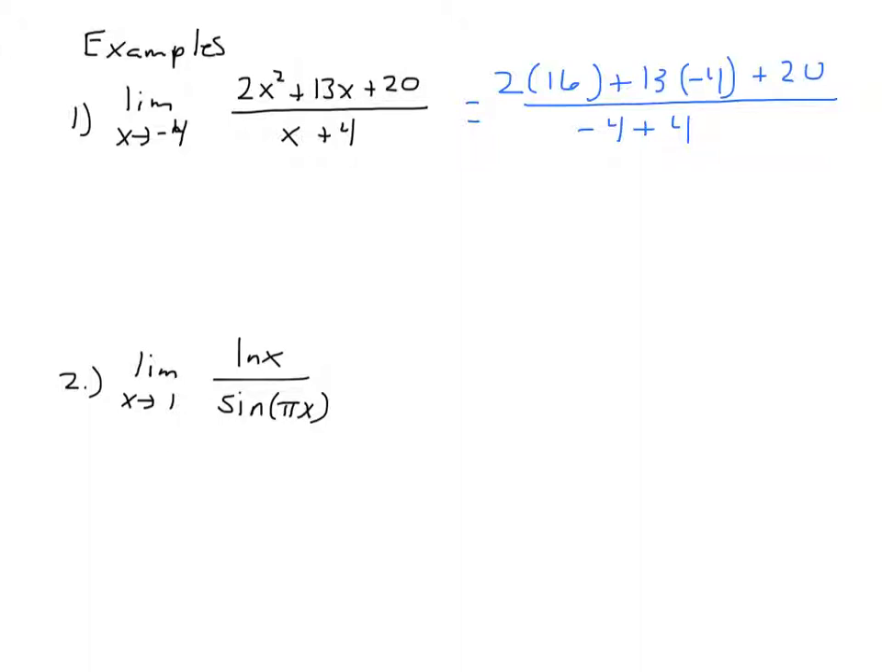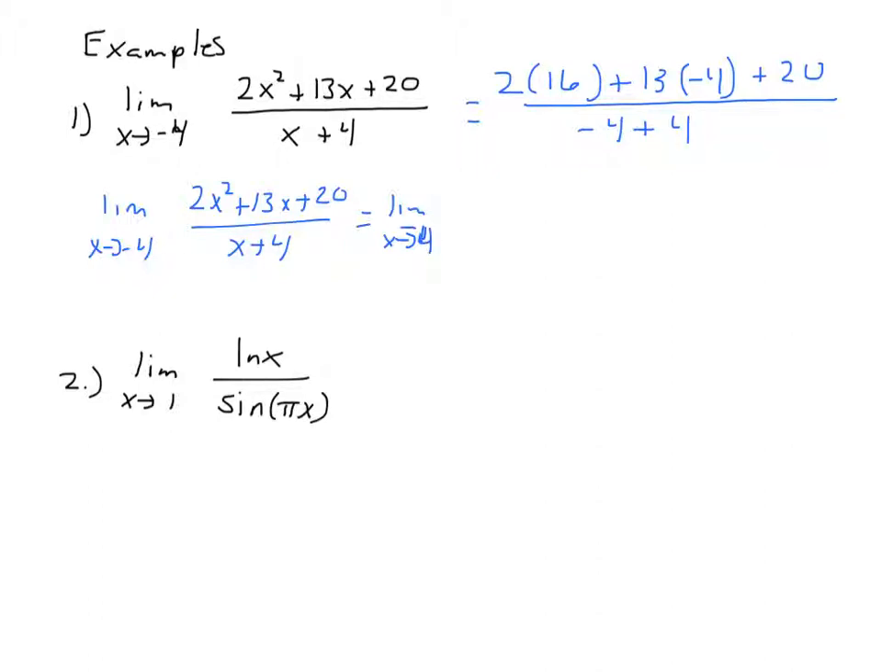If I do those calculations, 2 times 16 is 32. 13 times negative 4 is negative 52. And then adding the 20, 32 plus 20 is positive 52, minus 52. I get 0 in the numerator, and I get 0 in the denominator. So by L'Hopital's rule, the limit as x approaches negative 4 of 2x squared plus 13x plus 20 over x plus 4 is equal to the limit as x approaches negative 4,